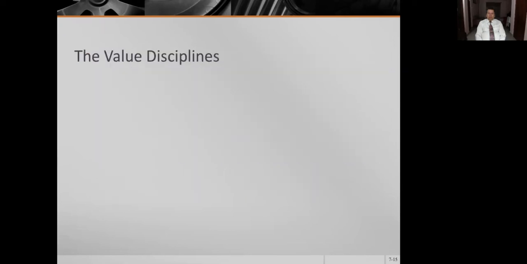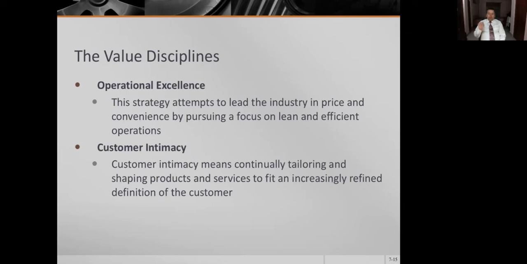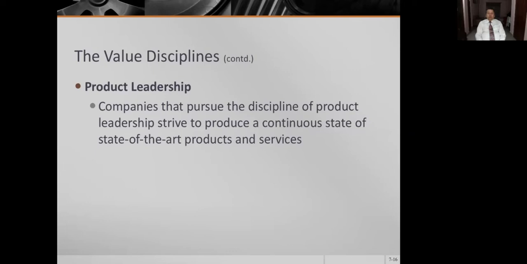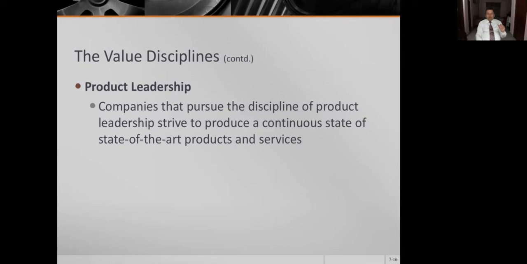Okay. Then there are value disciplines in organizations. What are they? You focus on operational excellence for your competitive advantage, you build your customer intimacy, you build your relationship with the customer, and then you build product leadership. These are the three legs of the tripod. Let's pause for a while. In strategy, we also had three strategies: cost leadership, differentiation, and focus. Right? Porter gave that. And then in value disciplines, if you really want to master these strategies, you have to come to operational excellence level, customer intimacy level, and then product leadership level.